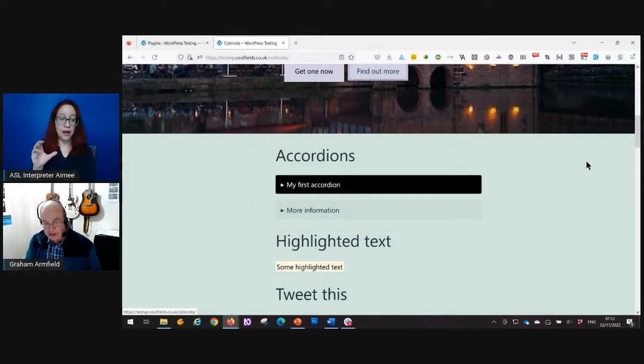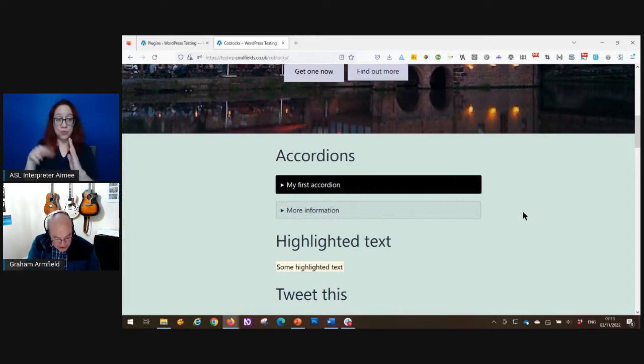The next elements are accordions. And this uses the more modern HTML5 summary and details elements, which are now widely supported by browsers and also assistive technologies like screen readers. So that's good. I can click on these things and that works okay. And they do work fine in screen readers.